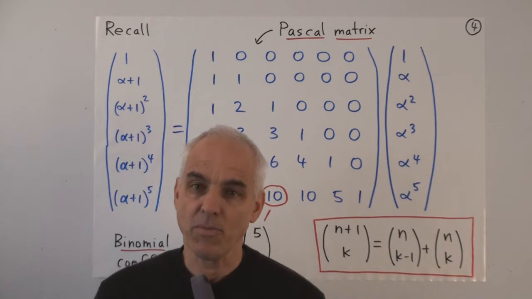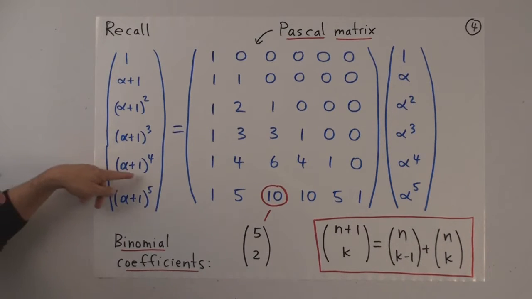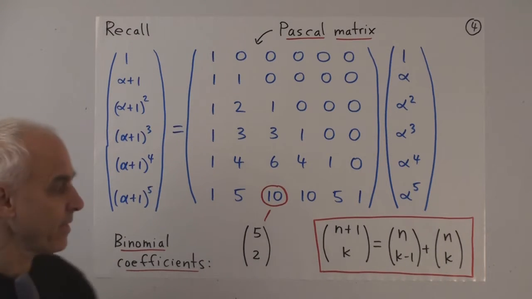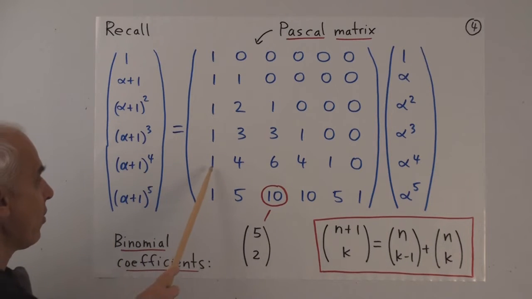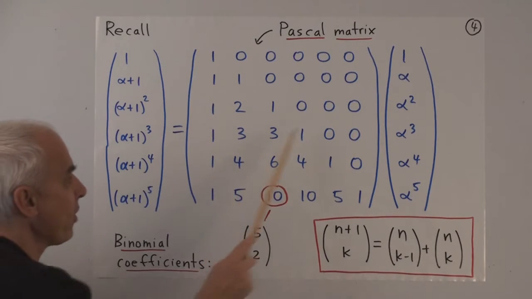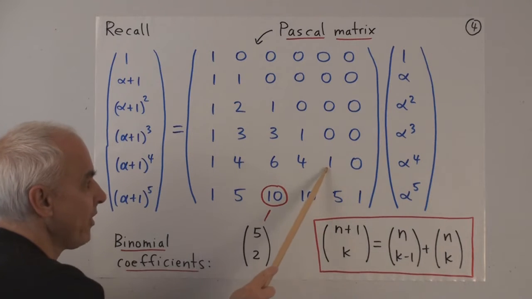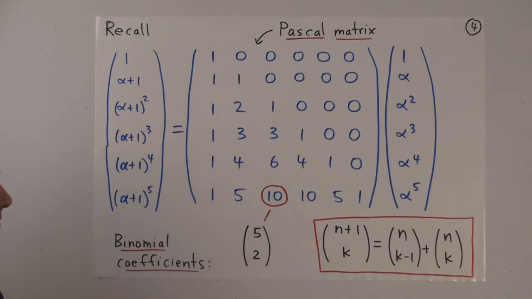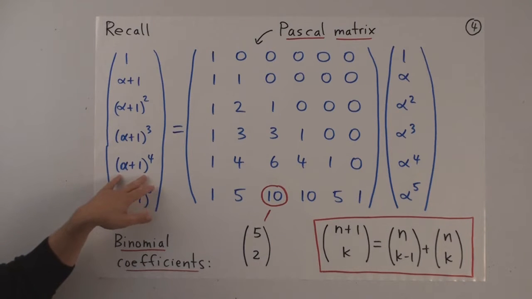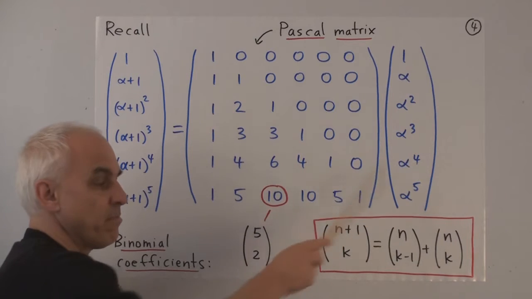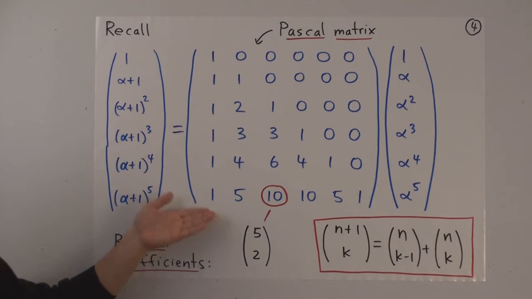The way we get the binomial coefficients and Pascal's triangle is to look at powers of alpha plus 1. So if you expand alpha plus 1 to the fourth, then you get 1 times 1 plus 4 times alpha plus 6 times alpha squared plus 4 times alpha cubed plus 1 times alpha to the fourth. So these coefficients can be interpreted as simply a way of writing this polynomial in terms of this basis. In this case, of all the polynomials of degree 5 or less.